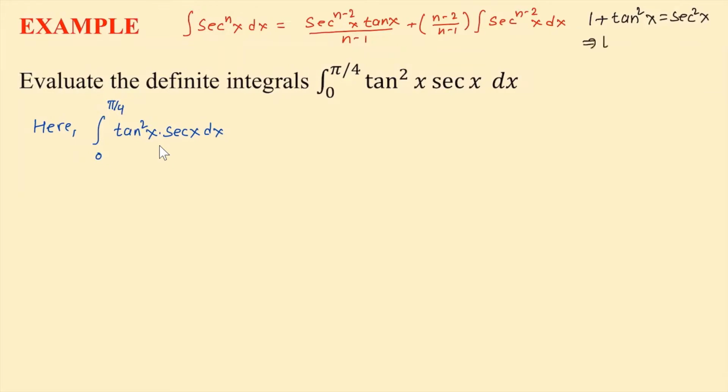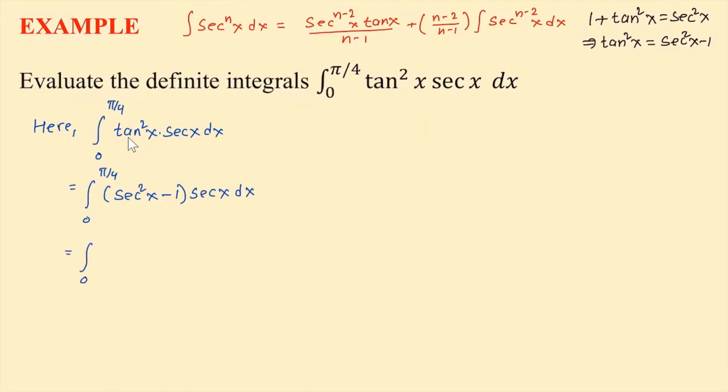So that means tangent squared x will be, if you subtract 1 on both sides, secant squared x minus 1. Tangent squared x will be secant squared x minus 1. So that is what I'm going to plug in here for tangent squared x. So we can write that as 0 through pi over 4 secant squared x minus 1 times secant x dx,